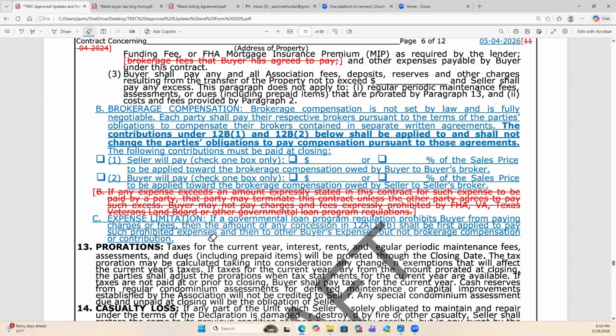And when your clients are now going to be able to read what this is in blue, it's going to flip people out, especially the sellers, because they're going to say to themselves, oh, I don't have to pay. I don't have to pay anybody. The buyer can pay for my person and the buyer can pay for themselves. And then the buyer people are going to look at it and be like, wait a minute, I have to pay this stuff. It is a fully negotiable thing, and it always has been, but we're just extra highlighting it here with this new wording. This is fully negotiable.